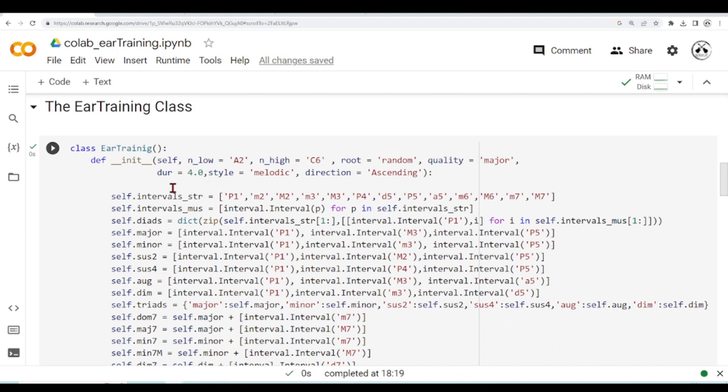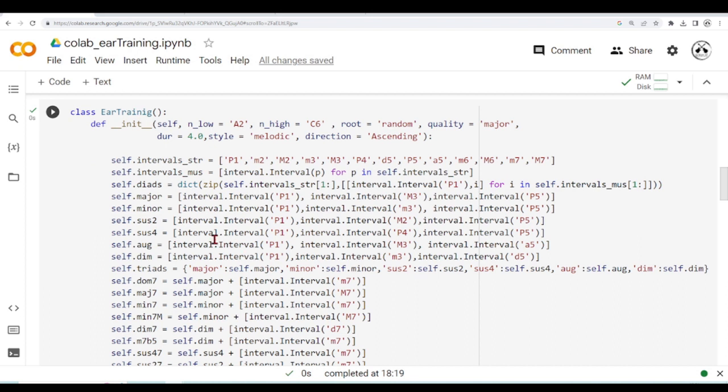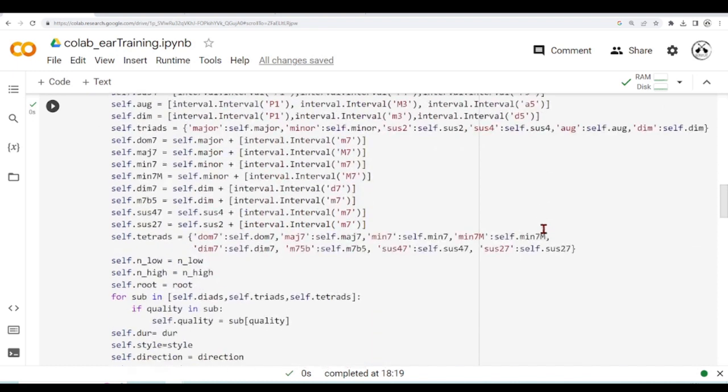We know in music theory that the major chord uses the root, the major third, and the perfect fifth. So I create a major list with these intervals, and then I have a list of triads, which is a dictionary. So if I call it major, it will look for this major list of intervals, and then music 21